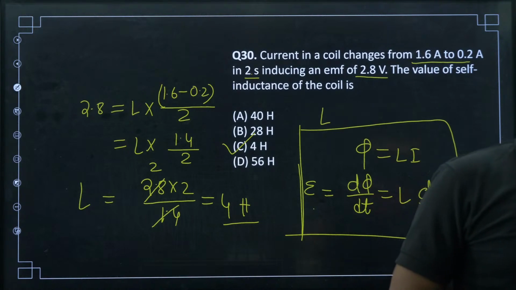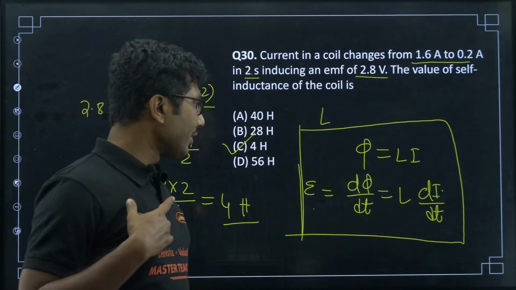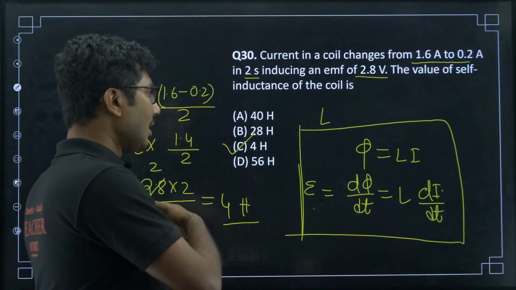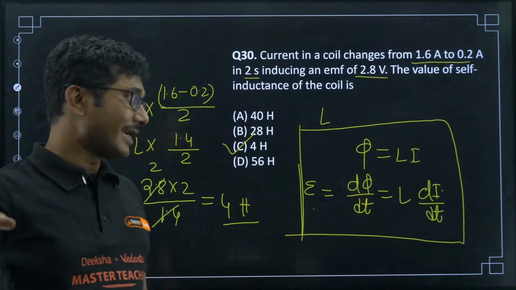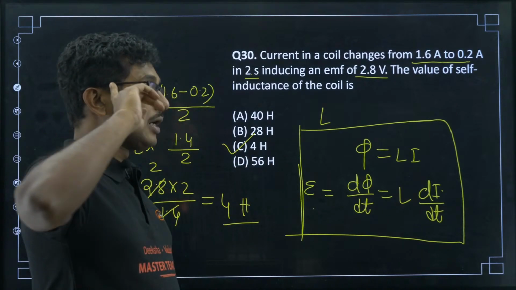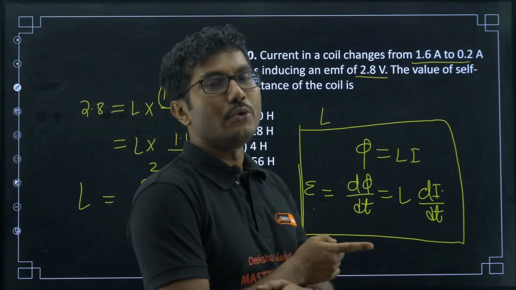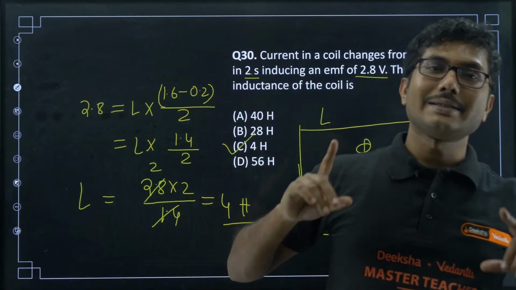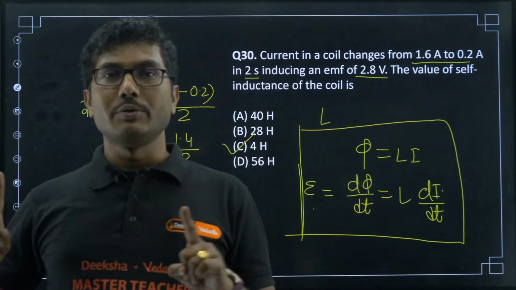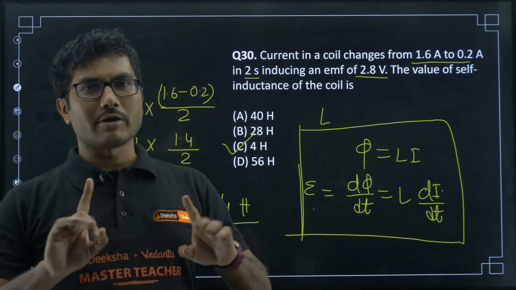Next chapter please. So my next chapter will be alternating current. I don't think I will get a class this week, because Friday's class is not mine. I think Ankit sir will take Friday's class. So my next class will be next Monday, but Saturday and Sunday I will give you two not-so-important chapters in recorded format. Okay, EM waves, and also there will be atoms or nuclei. One of the chapters will be given in recorded format.